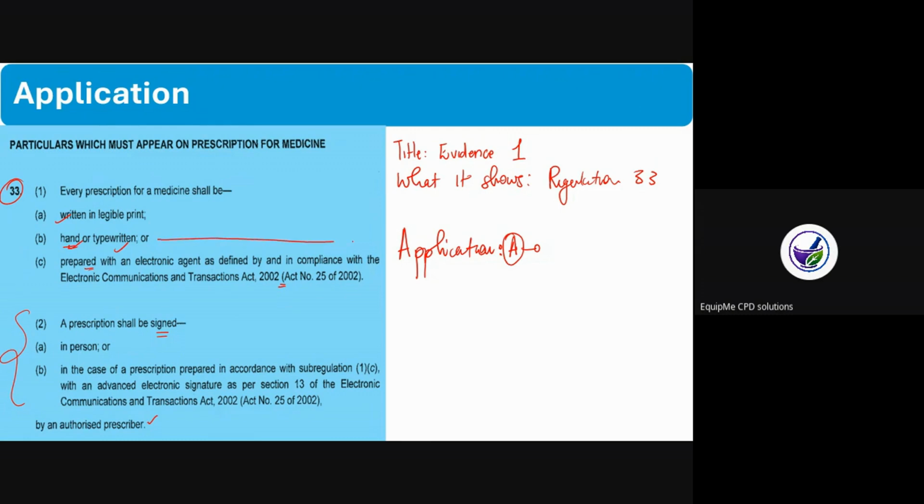So you can make an arrow here, and then you add a text box next to it. If I want to explain that this prescription was handwritten or typed, I will first say that this regulation requires that a prescription is either handwritten or typed. Okay? Brief description of what's happening. How did I apply it? I checked if my prescription was typed or handwritten. I saw that the doctor wrote the prescription by hand, signed it, and included their MP number. This is linked to behavioral statement A. So, a brief description of what's happening, and I speak of how I applied it by saying I then did 1, 2, 3.